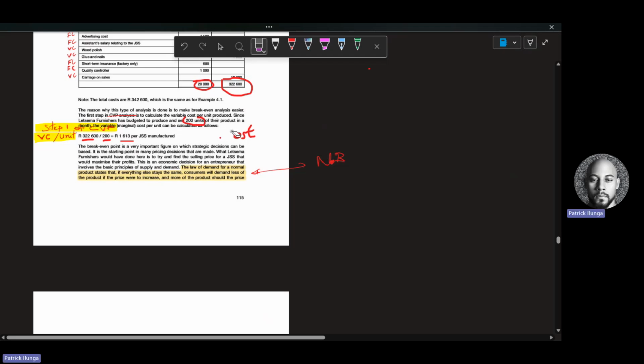Variable cost per unit. Make it, again, quite easy for you. So this is a variable cost per unit. Sorry that it takes a bit of a while, but that's your variable cost per unit. So I hope that this is clear. So we have the total variable cost divided by the number of units that we are producing and that we're going to sell, right? Gives us the variable cost per unit.